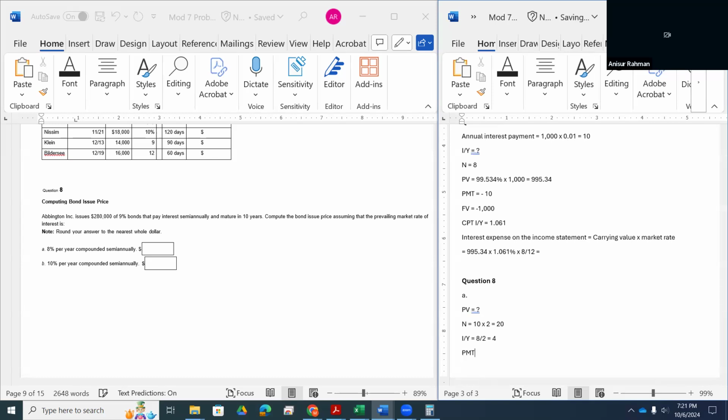And then a payment is equal to our face value, which is 280,000, times the annual interest rate, the coupon rate, which is 9%, so 0.09, all divided by 2. So which will be